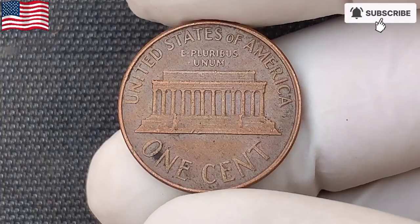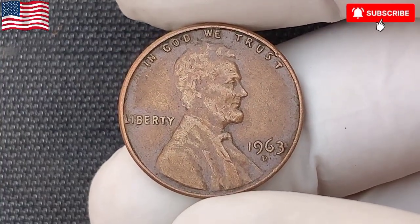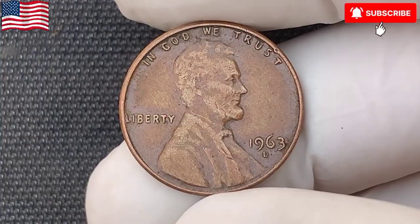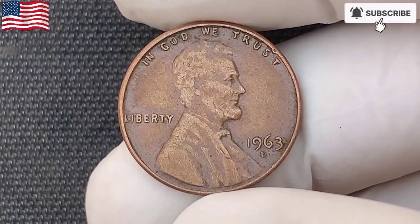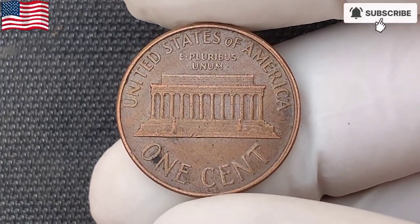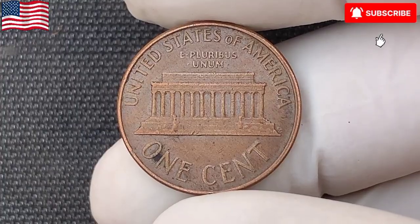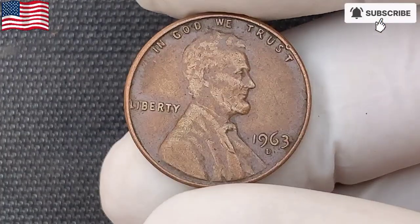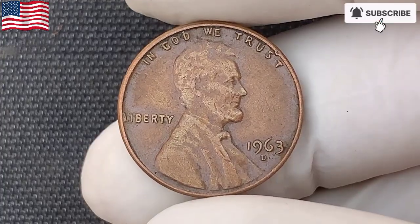Now, if you're wondering just how much a top-tier 1963 penny can be worth, you might be surprised. Collectors have been known to pay as much as $120,000 for rare, mint-condition examples. That's right, $120,000 for a coin that might still be sitting unnoticed in a pocket or coin jar somewhere. This staggering value shows just how much the world of coin collecting can reward patience, knowledge, and a keen eye